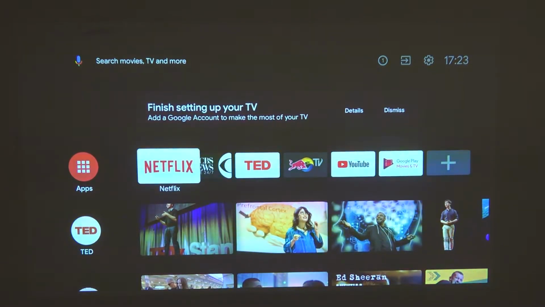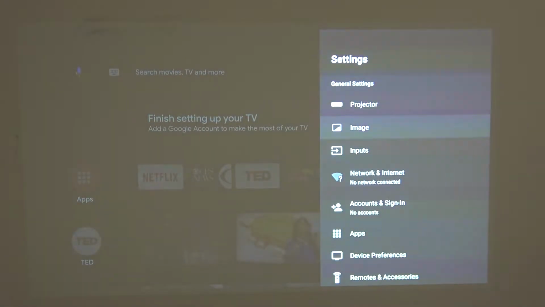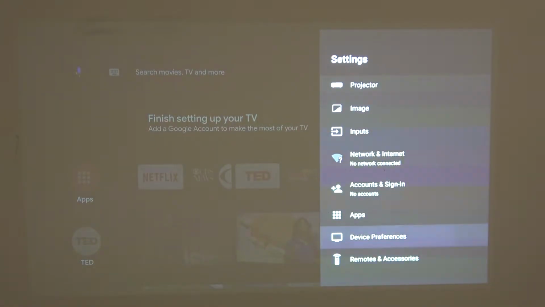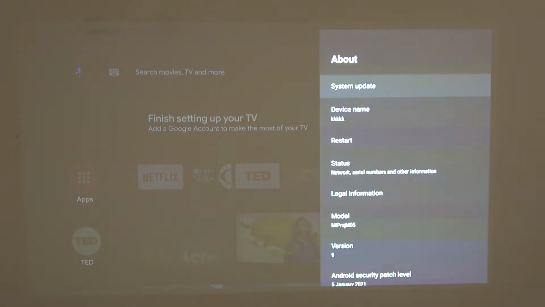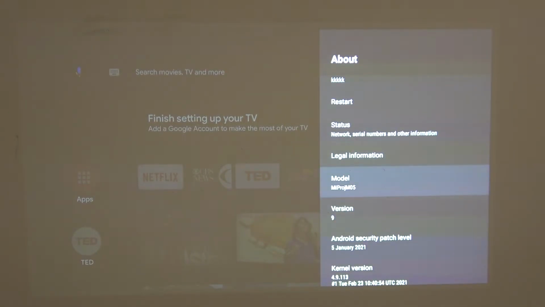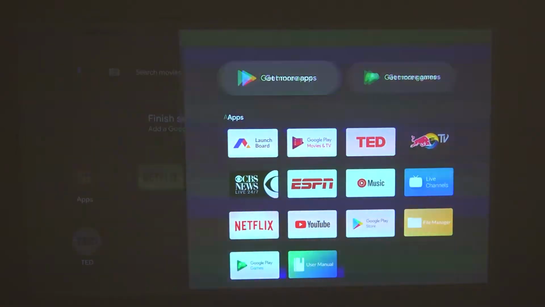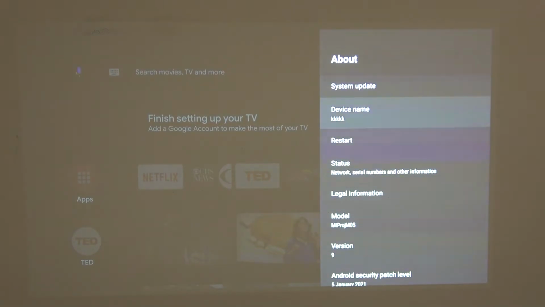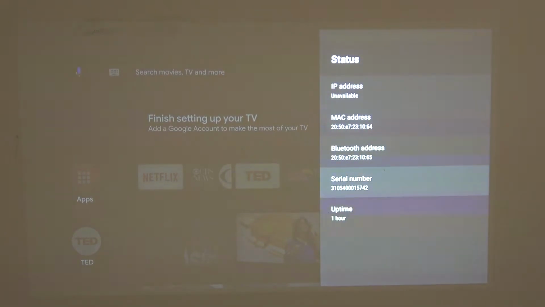So in order to do that, we'll need to navigate to the system settings right here in the top right corner of our screen, then scroll down and find device preferences and click on About. Now locate legal information, not legal information, I'm sorry. Now locate the status, and here you can find the serial number. It's